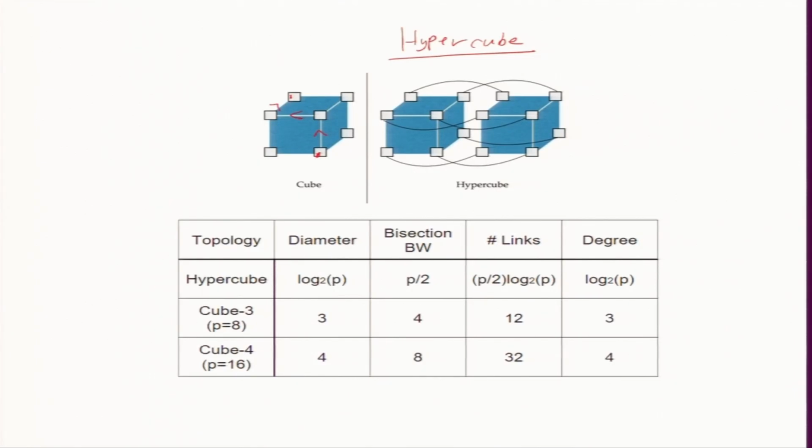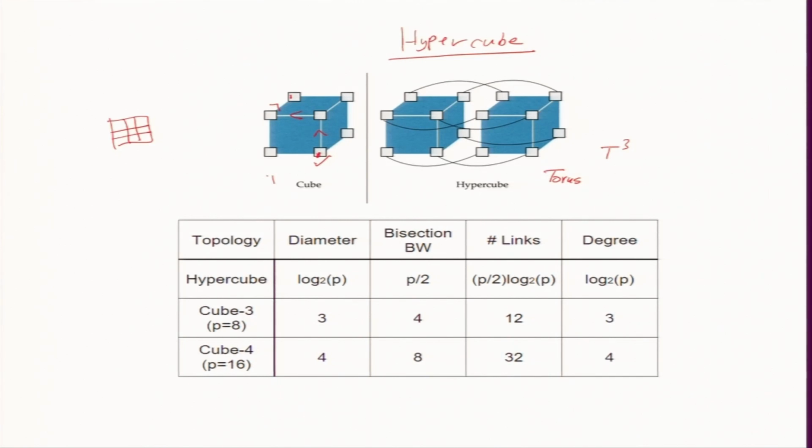So, this is a cube, and how do I make a hypercube? A 4 dimensional cube is made by joining the vertices with another cube. So, that is a hypercube. In fact, the analogy is that, so basically this is also called torus, hypercube is also a torus. So, we just have to connect the endpoints. Okay. So, the endpoints are the vertices and you connect the vertices. So, this is T3, well this is not T3, this is a cube. Okay. So, a torus made by connecting a 3D cube is T3.